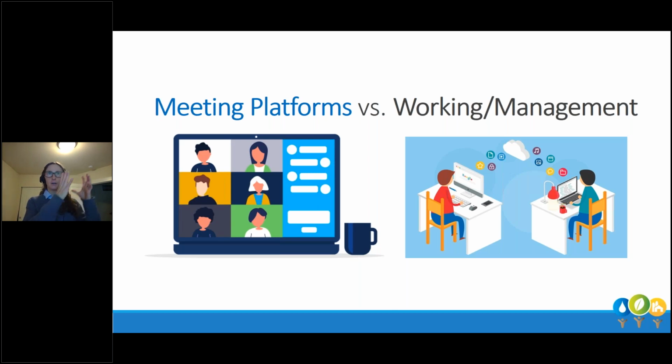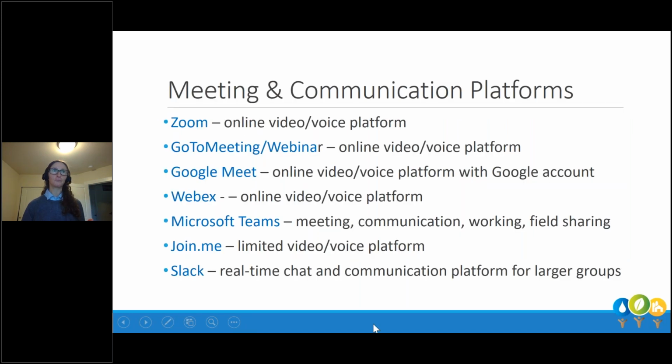And then there's this entire meeting platform category. A few of the things overlap a little bit that we'll talk about today, but by and large, there is a handful that rose to the top. So for meeting and communication platforms, the CTD sent out a survey to conservation districts saying, what are you using? What's your level of proficiency? What are the pros and cons of some of the things you're using? These are the ones that rose to the top and that are being used by most.